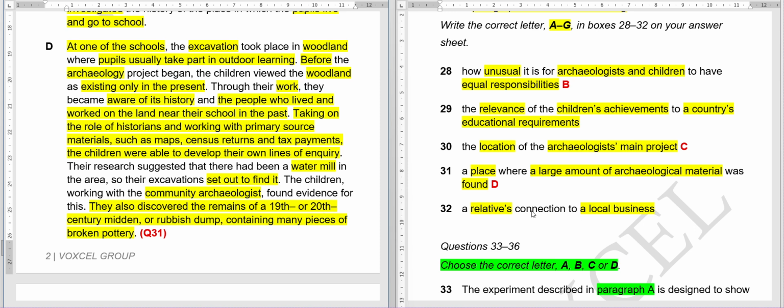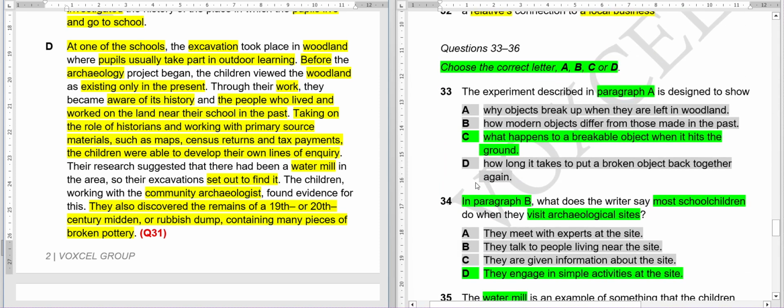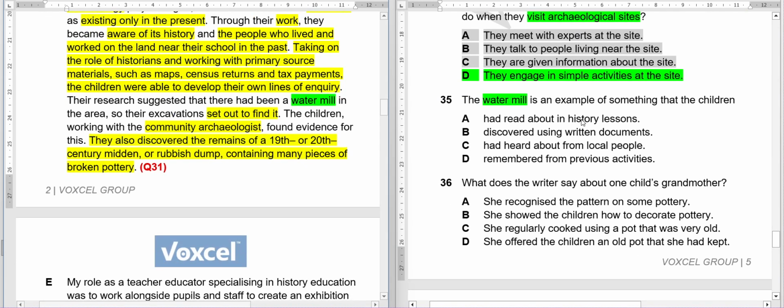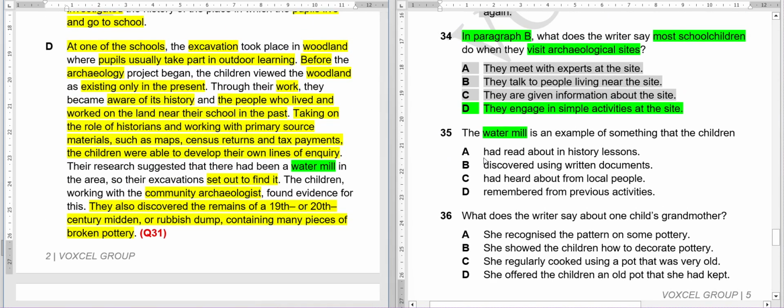Now let's do 32. It can be our answer because there is no mention of any relative or any local business. Clear. So let's see 35. Yeah, watermill, we have read about watermill here. Here it is. Now we'll read the question and options, then I will give you around 10 seconds to tell me the answer. Okay. The watermill is an example of something that the children